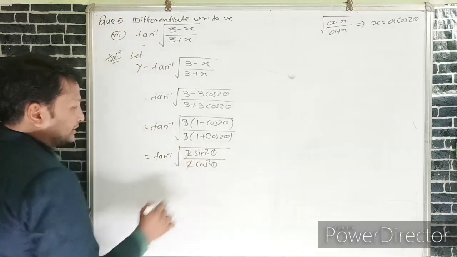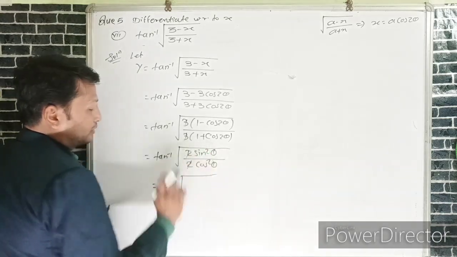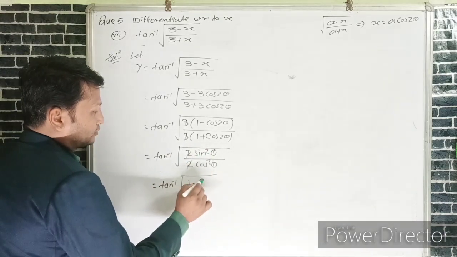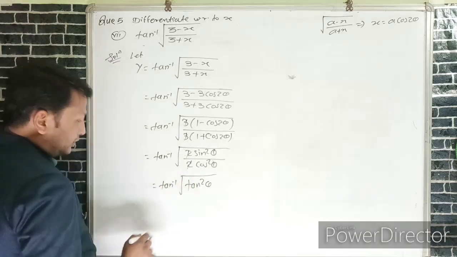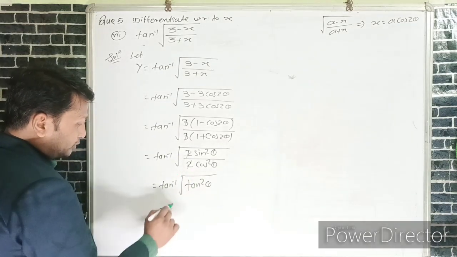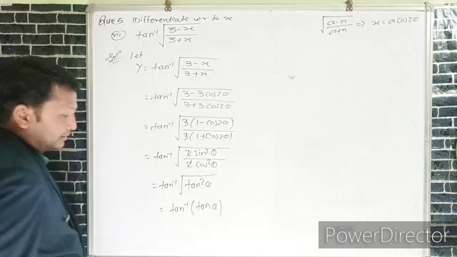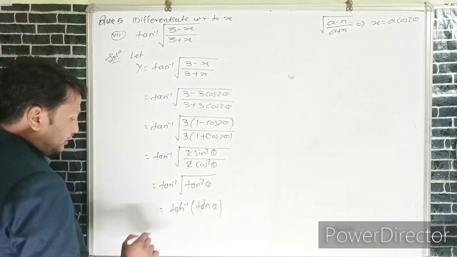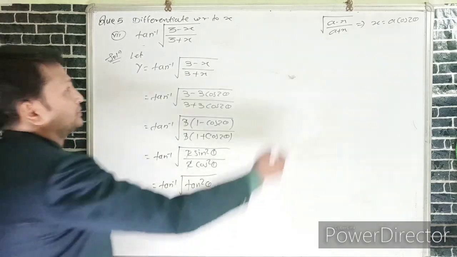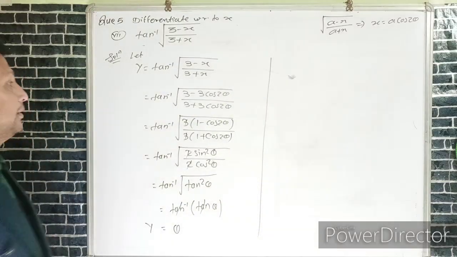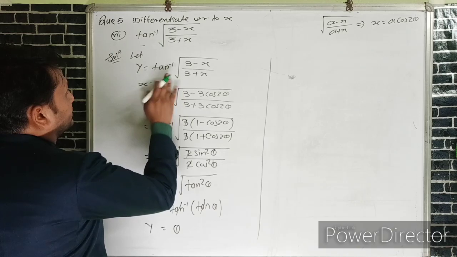Here 2 is cancelled. We can write tan inverse of under root of sin square upon cos square, which means tan square theta. Here the square root and square are cancelled. We can write tan inverse of tan theta. Tan inverse and tan cancel. Hence y is equal to theta. If we replace the value of theta, when we substitute the value of x equal to 3 cos 2 theta,